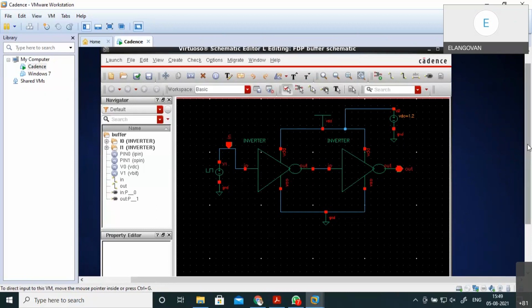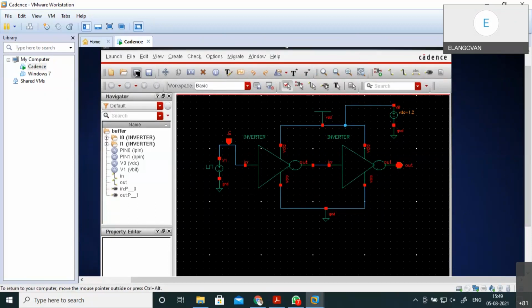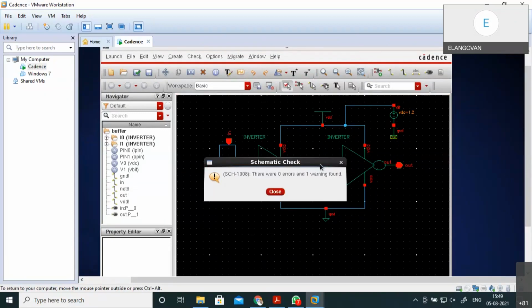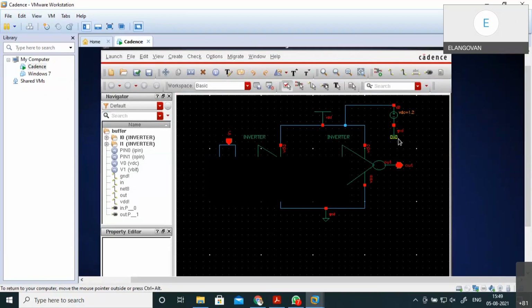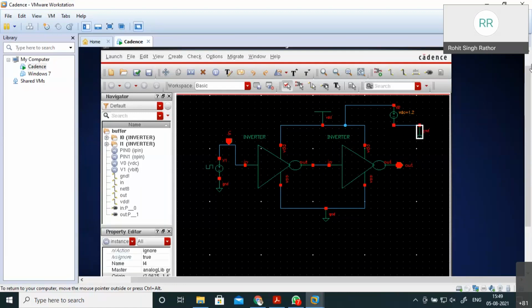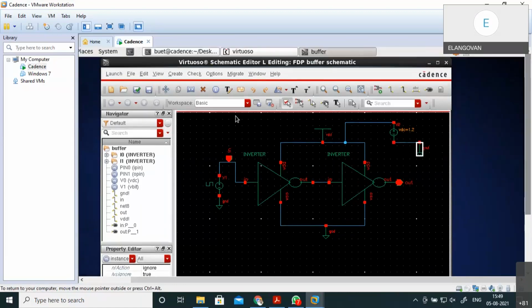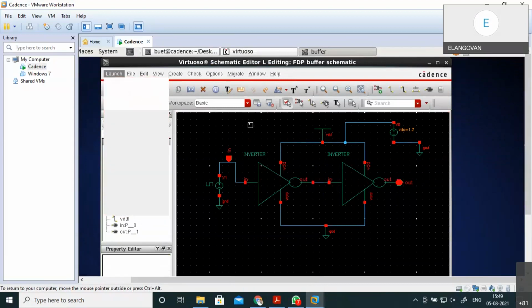Yeah, it's ready. So let me check the circuit, whether any error or warning is available. It's showing a warning. Someone has unmuted, please mute your mic. Yeah, now it is okay. I'm going to launch ADL.